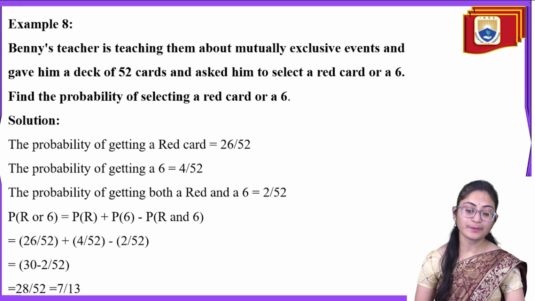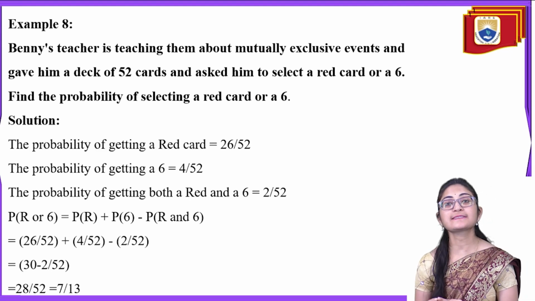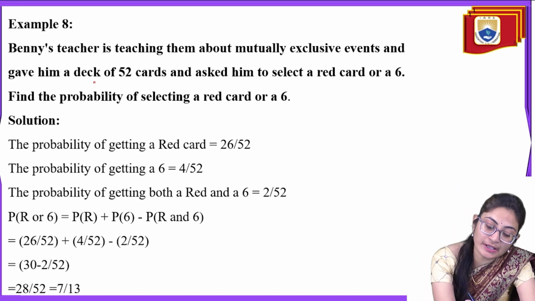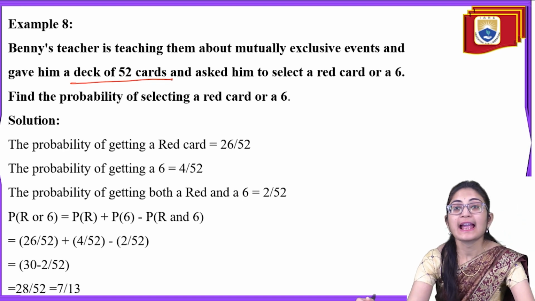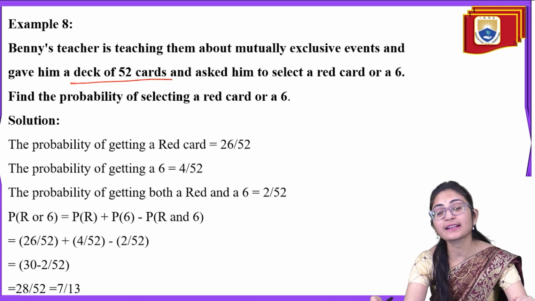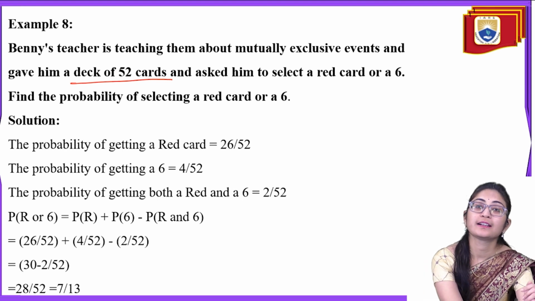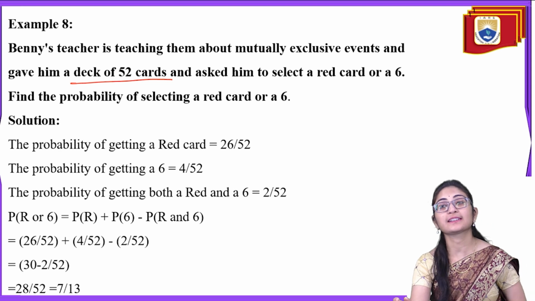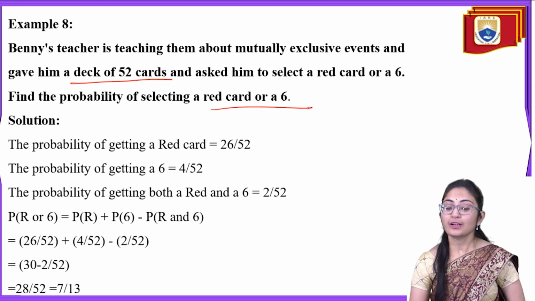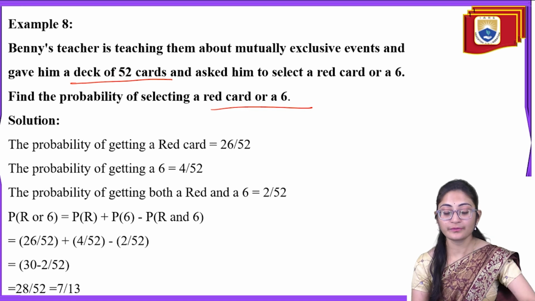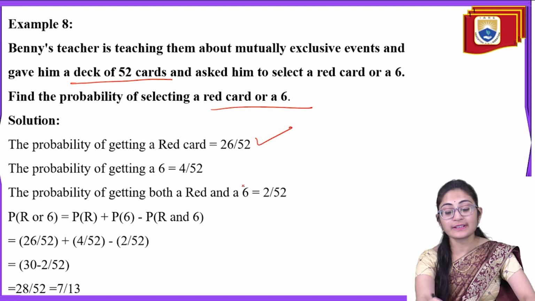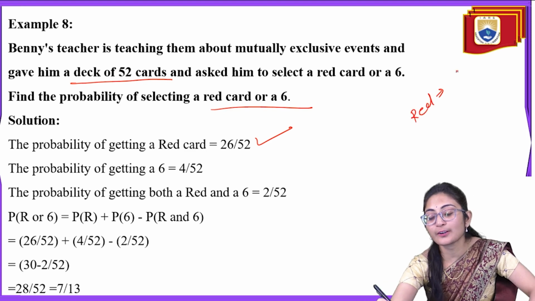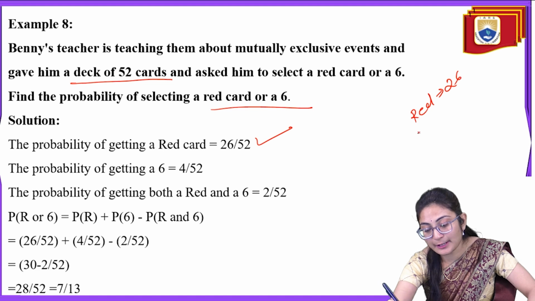Now next question is that Benny's teacher is teaching them about mutually exclusive events and gave him a deck of 52 cards and asked him to select a red card or a 6. Now we have to find out the probability of selecting a red card or the 6. Now probability of getting a red card will be 26 by 52. We know that the red cards in the deck of cards is 26 and black cards are